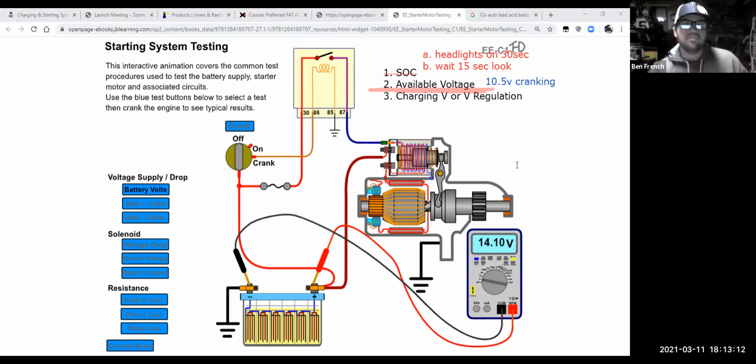Now, why 10.5 volts? Well, what you guys can't see in this picture is that there's other circuits hooked up to the battery, right? In fact, one of the things hooked up to this battery that's really responsible for running your car these days is going to be your computer or powertrain control module. And that PCM needs to make all kinds of decisions on when to fire the spark plugs, when to turn on the fuel injectors and for how long, and to run the fuel pump. So he has to make these important decisions. And what happens is if the voltage is too far below 10 and a half, he starts making the wrong decisions,